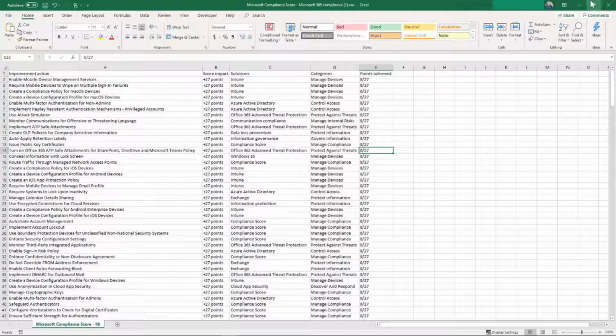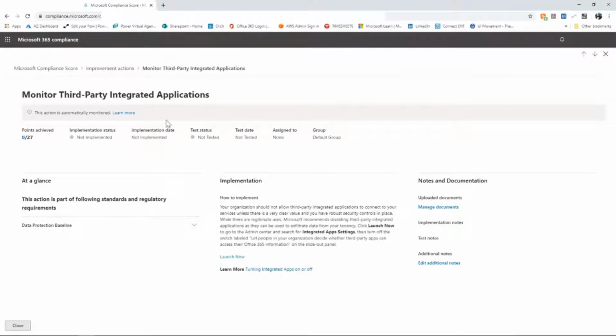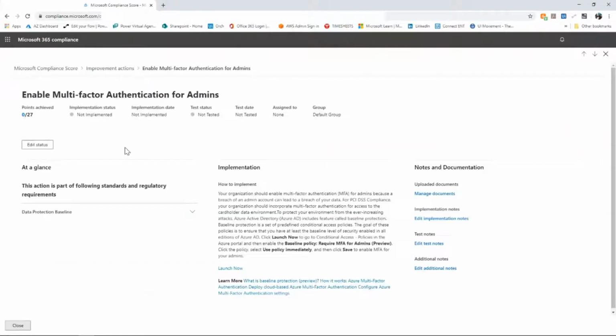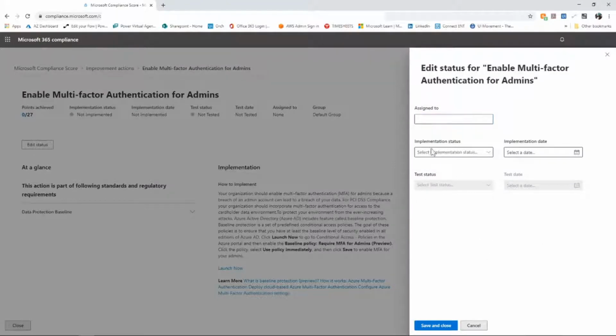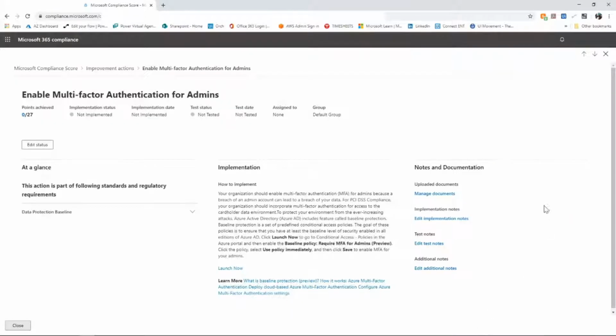But I also like this, I would use this Excel sheet as a tracker that we can always go back and see if we put any notes on here on how we implemented something. Again, you could do that here. You can come here and, this one's automatically monitored, but say this one for example, you can edit the status and say you assign it to someone and it was implemented. You just have a few options here and you save it, but you can't